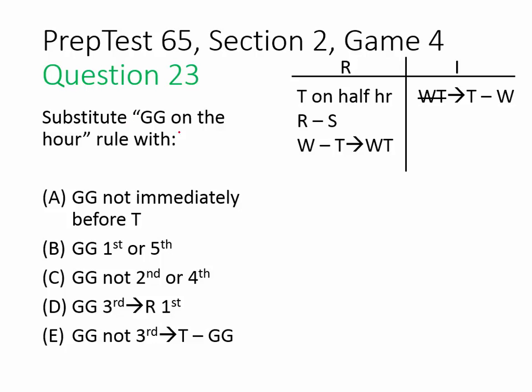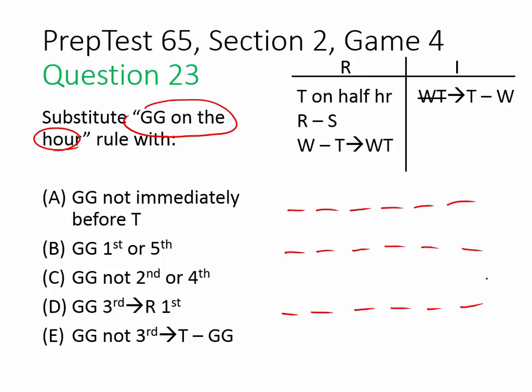So this rule that said that G had to start on the hour, what that resulted in, if you remember, was 3 limited options total, in which we determined that G could go there, there, or there. And this is 1 p.m., 2 p.m., or 3 p.m. G cannot start anywhere else in our order. So what we need is a new rule that establishes that same fact.